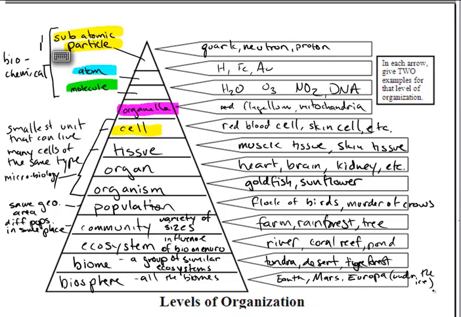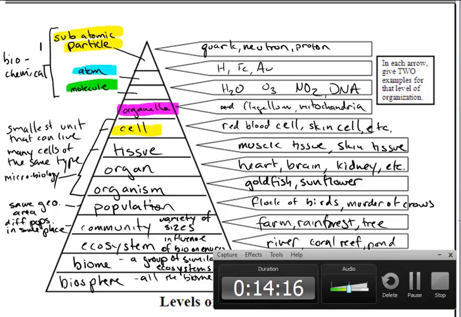Throughout the year, we're going to start at the bottom of this pyramid with the first unit. We're going to start with basically communities and populations, communities, ecosystems, and biomes. That's where we're going to spend most of the first unit. And then we're going to actually reverse